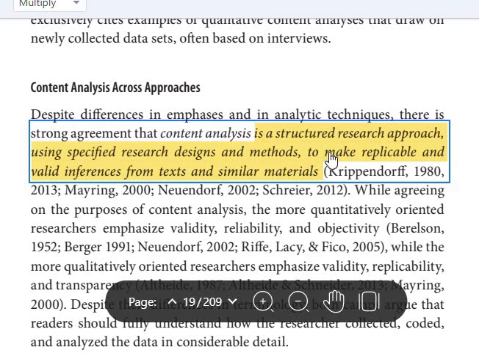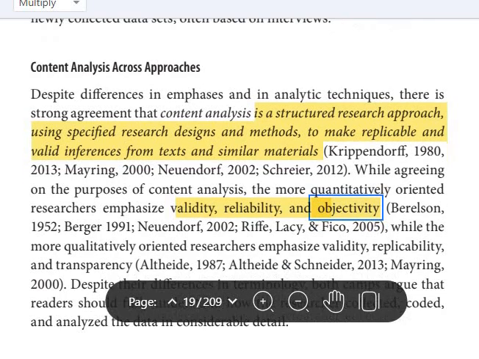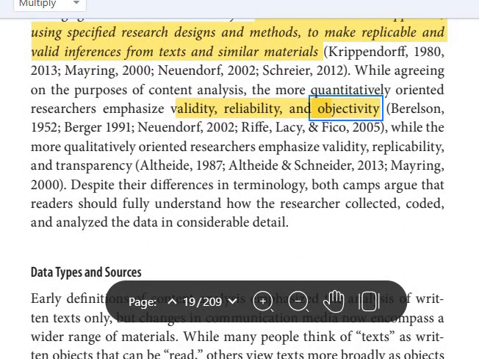The purpose of content analysis in general, whatever its approaches, is to make replicable and valid inferences from texts and similar materials. The more quantitatively oriented researchers emphasize validity, reliability, and objectivity. As we said, this is actually found in the basic content analysis, where we focus on objectivity. You should remember this. This is the first and most important difference between these approaches. This is for the quantitative. So in the